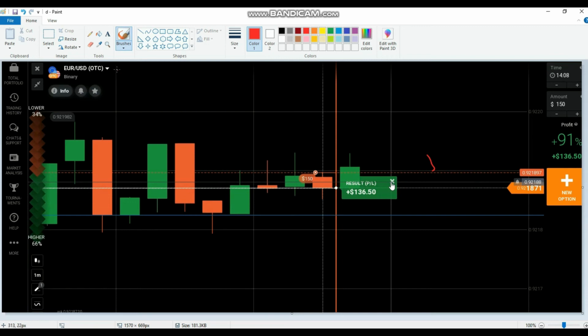In OTC, the round number is very important. It will respect most of the round numbers. So it closed at that point, a round number. When it tries to go up, it may reject and go down, right? And finally it made a bearish candle, and following this pattern we can expect a bullish entry. That's why we can see a buyer's candle here. That's the reason I placed a put option, and it was also a winning trade.